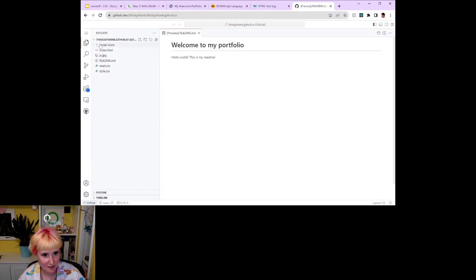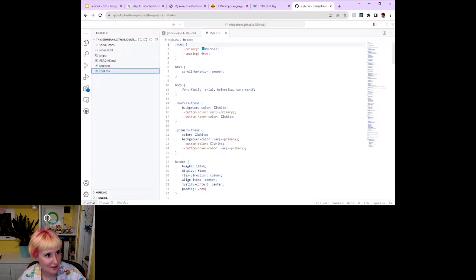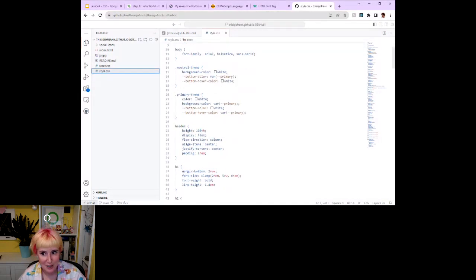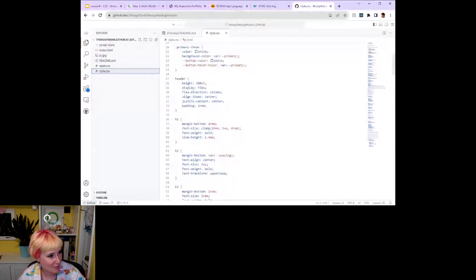This is my in-browser editor, which is kind of cool. You can get to this, by the way, everybody: if you are using GitHub and you are on your GitHub repository, you can just press the full stop key and it opens up your repository in an online editor, which is super cool. So we're going to jump into our CSS here,